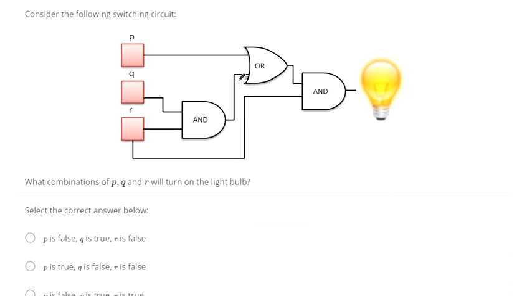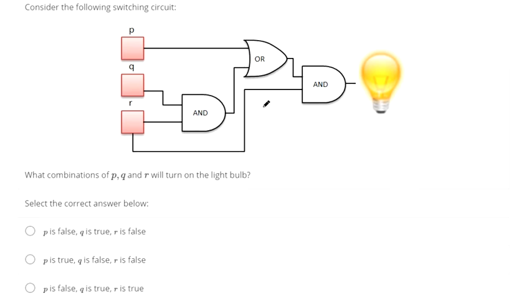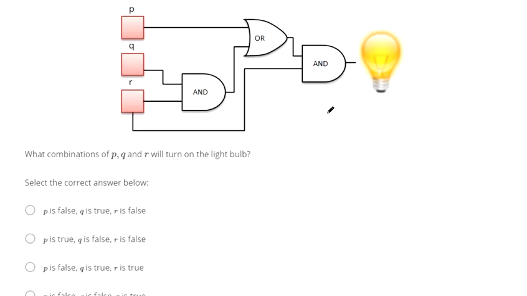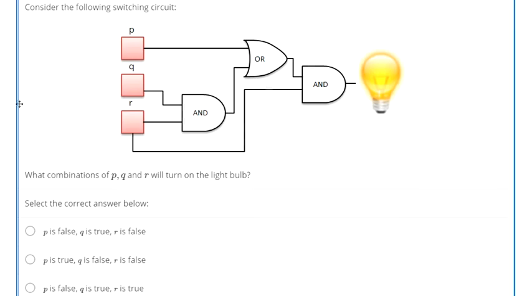We're supposed to consider this switch circuit. What combinations of P, Q, and R will turn the light bulb on? Oh man, this one's a little convoluted because, I don't know, we could just try with the truth table, I guess. So if we make a truth table,